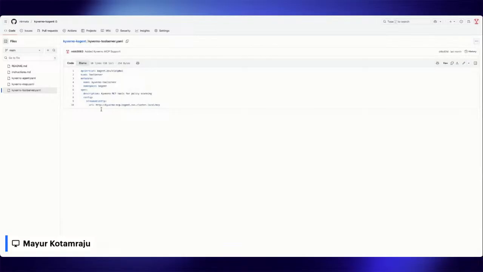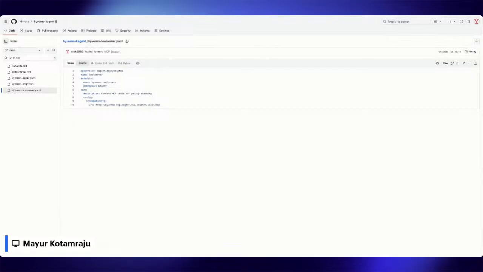And then we have an endpoint for communication. So this is where Kagent knows how to communicate to your cluster. And then it's all deployed to the Kagent namespace, so it's all scoped within the other agentic tools. So the tool server is like the glue that lets the MCP framework know, hey, there's a tool for Kyverno policy work.